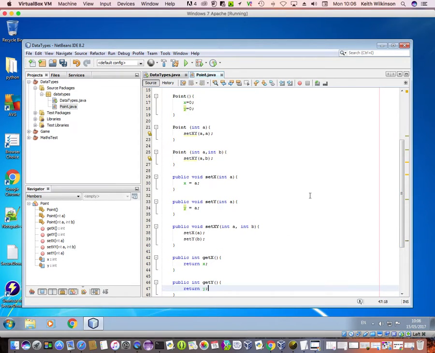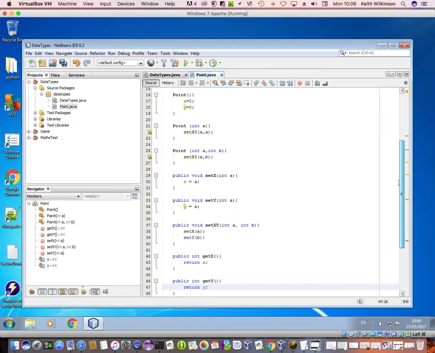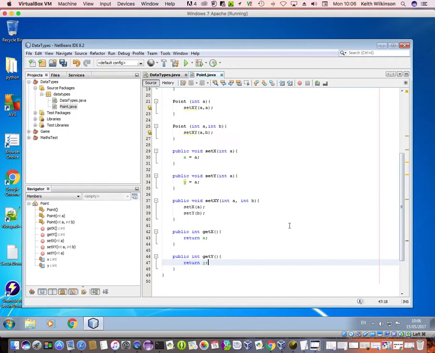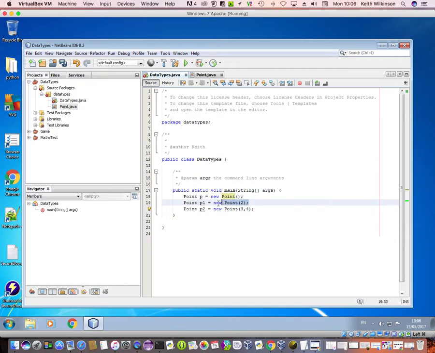Now, might seem like a lot of work, and perhaps we haven't finished yet. Just to represent a point, why can't we just have a simple set of brackets and 0, 0 in them, rather than have to go through all of this coding with all of these setters and getters? Well, you don't need all of them, number one. That's down to you. So for example, I didn't need three constructors. I could just have had the one constructor, this one, to set them both, but I'd have to give both when I created it. Coming back here, having this one, if I was drawing a graph of y equals x, then because y and x are always the same value, there's no real reason to pass anything but a single value,